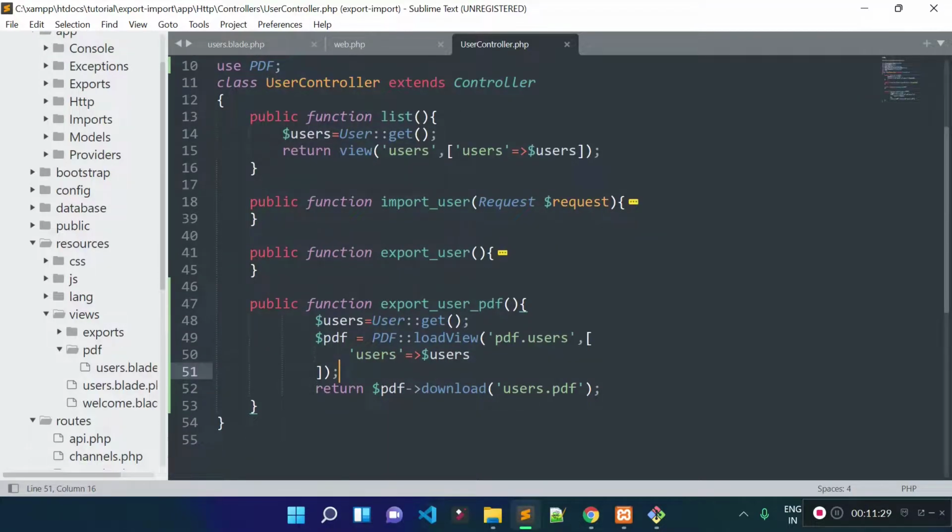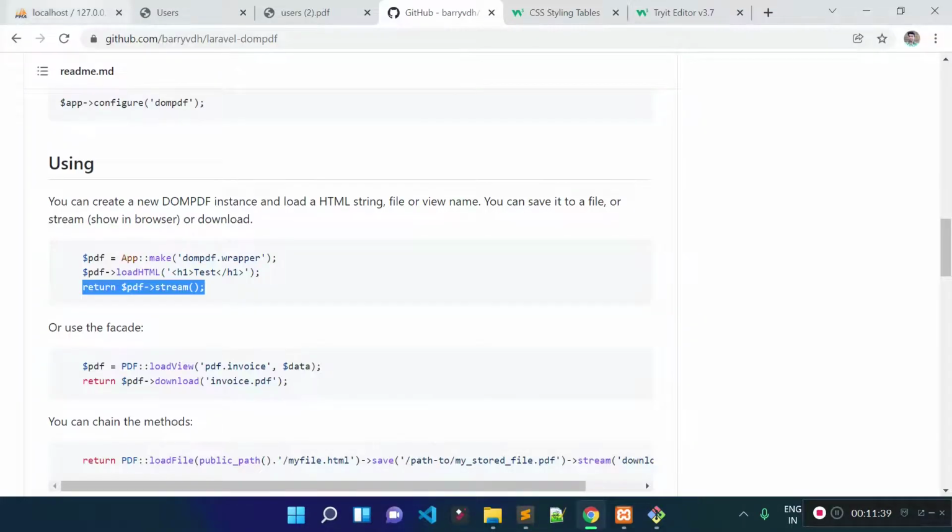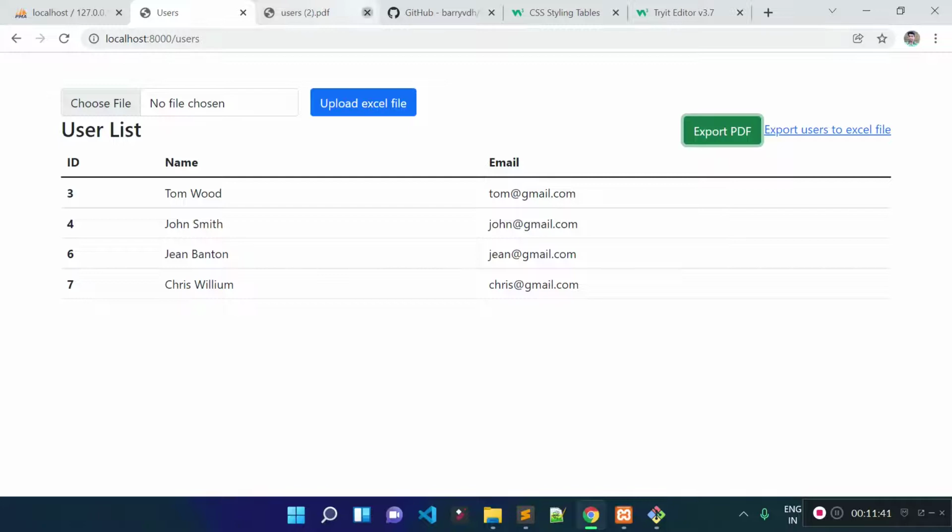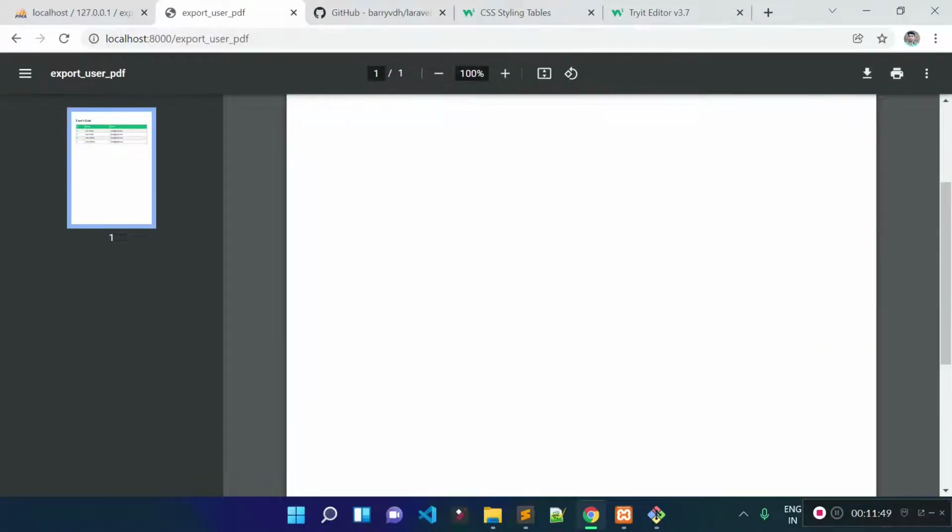I am showing how we can stream the PDF file in the browser. So let's comment out these lines of code and let's add these lines of code, because I'm going to stream PDF data in the browser, right? So I'll refresh the page, and if I click on this link, now what it will do, it will stream the PDF data in the browser, you see. Okay,